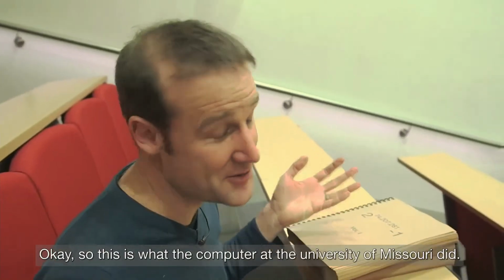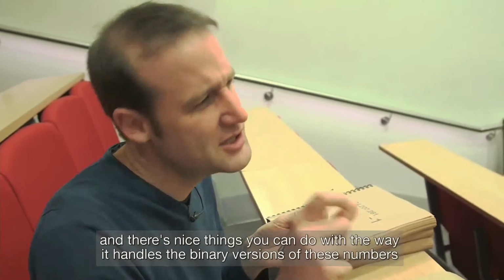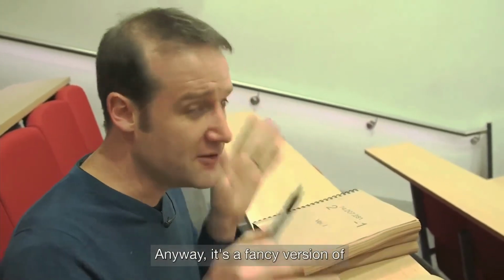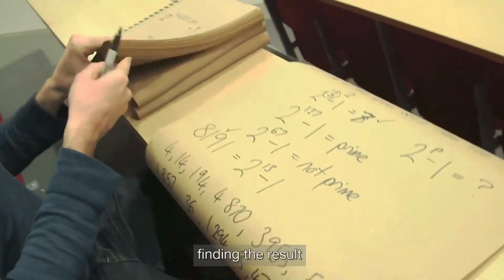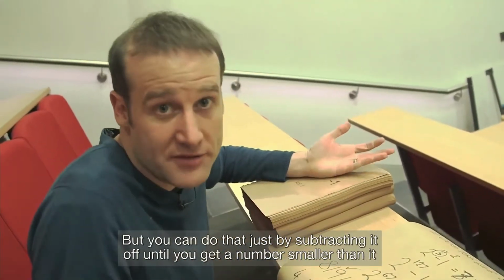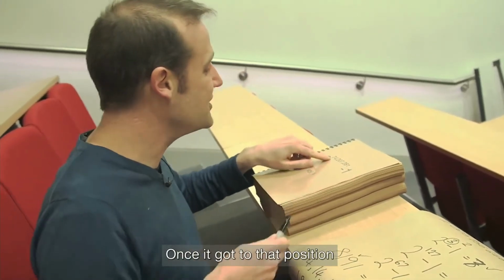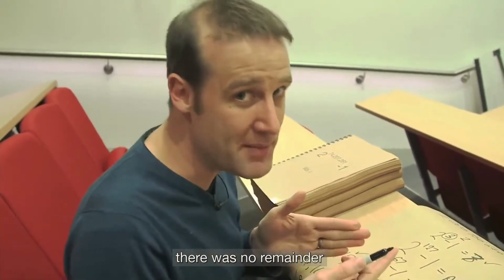Okay, and so this is what the computer at the University of Missouri did, although obviously it does a slightly more efficient version of this, and there's some nice things you can do with the way it handles the binary versions of these numbers. Anyway, it's a fancy version of going along this sequence, finding the result modulo this ridiculous number, but you can do that just by subtracting it off until you get a number smaller than it, so that's not so bad. Once it got to that position, it looked at the answer, there was no remainder,